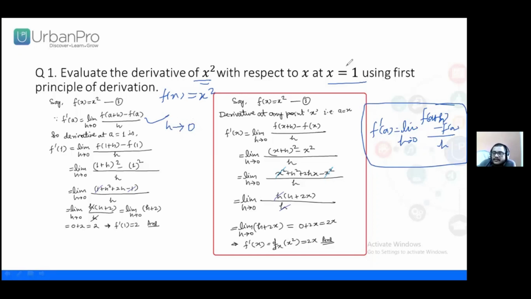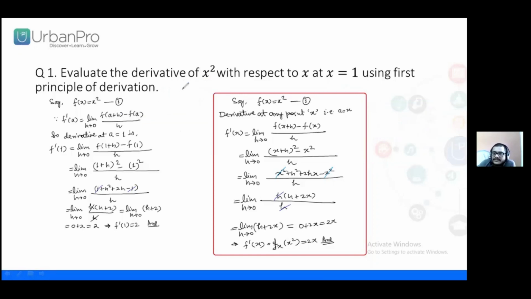So we have to find the value of function f of a plus h. So here f(x) equal to x square. So we can find f of a plus h by replacing the x with a plus h. So we can write here (a plus h) square, so square of the a plus h. If we have to find the value of f(a), then we will have to write the f(x) at x equal to a. So we will replace this x with a, then we will get the value of f(a), and here f(a) is a square. So in place of x, we have to replace the value x equal to a. So we will get this value.